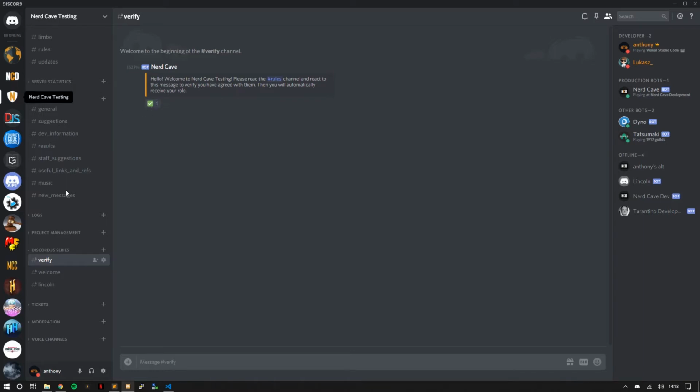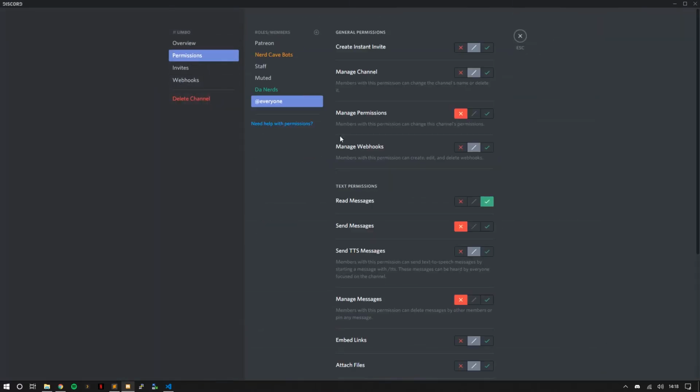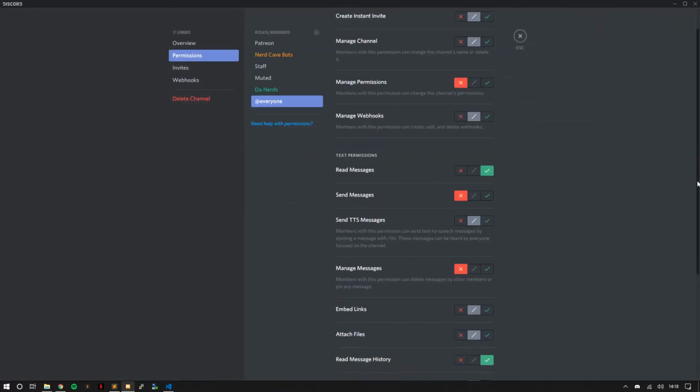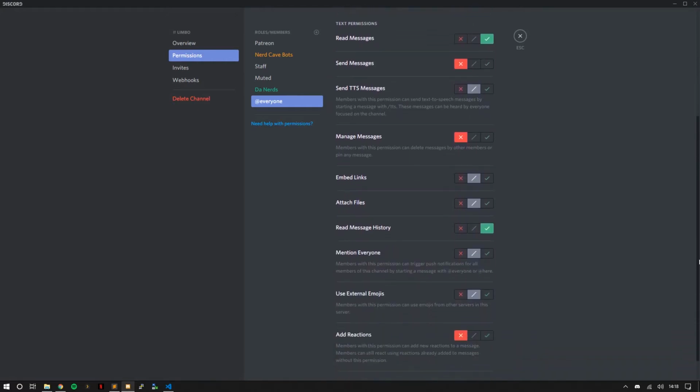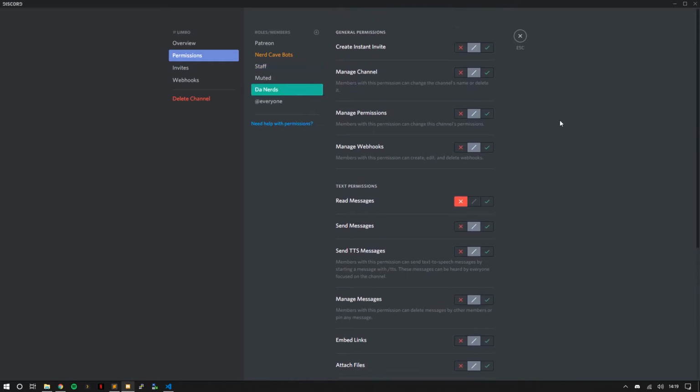Now you also want to make sure you have some permissions set up in this channel so others can't see it. So here's an example of permissions that I have in place. So only users can read messages and read message history. They can't add reactions or manage messages or send messages. And then other roles that you might have, like some staff roles or donor roles or whatever,